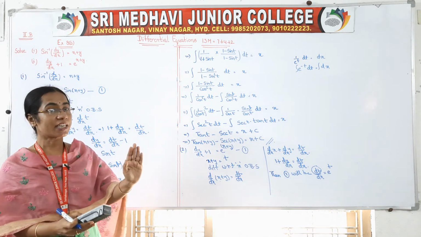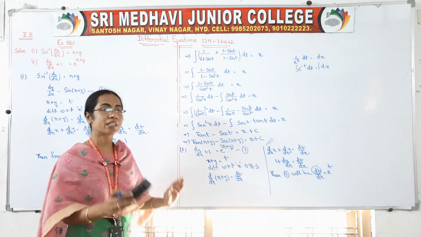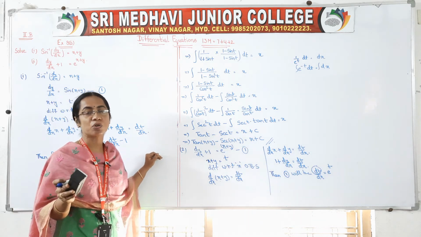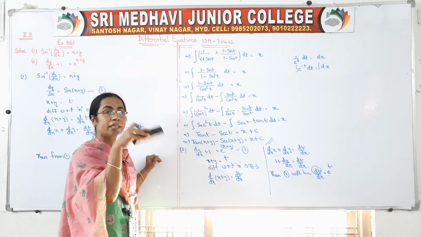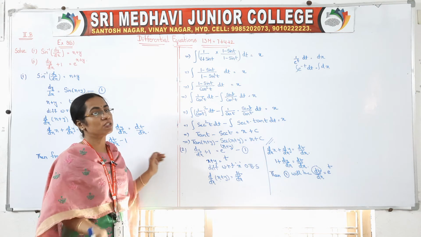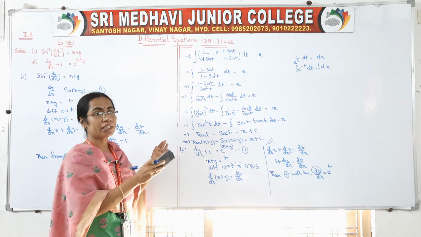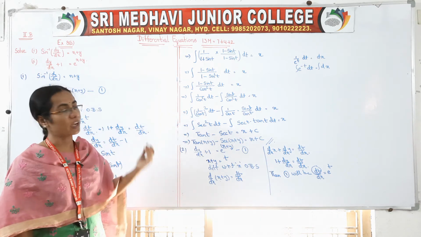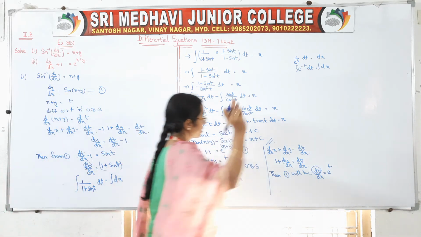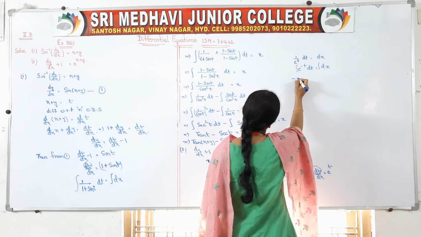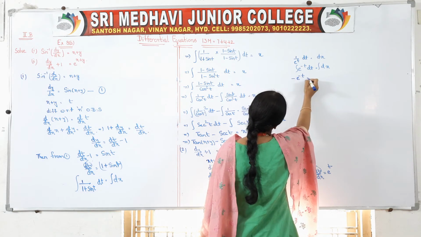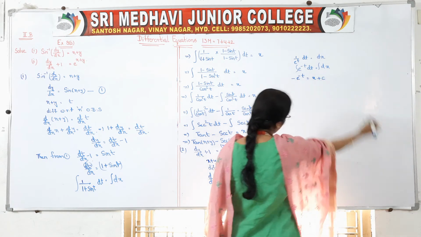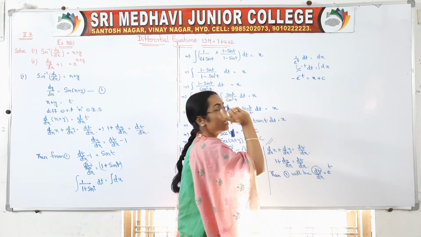Your variables are t and x. Generally our variables are x and y, but in these two problems we have taken x plus y equal to t. So our variables will be t variables and x variables. So we have to write all the t terms into dt and all the x terms into dx. Then we have to integrate. So this is minus e to the power of minus t is equal to the integral of dx, which is x. After the completion of the integrals, we have to write plus c.